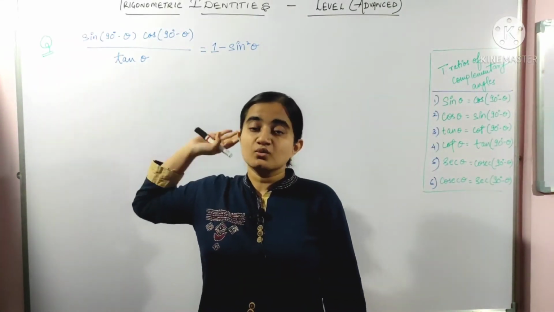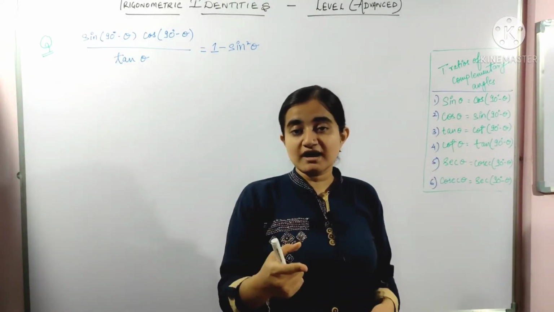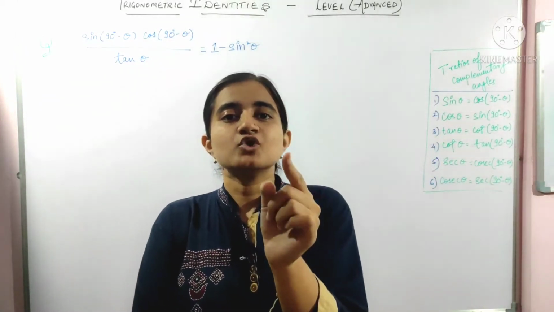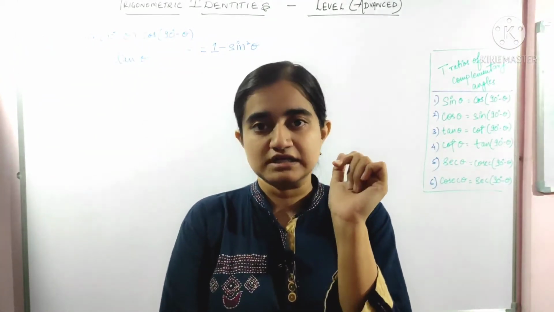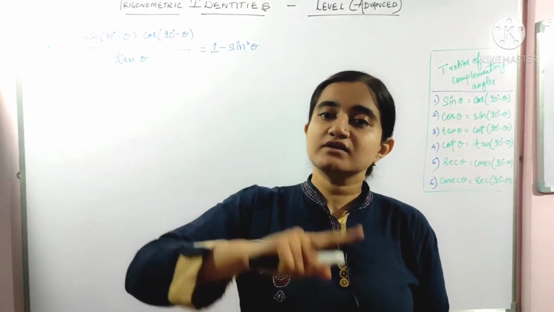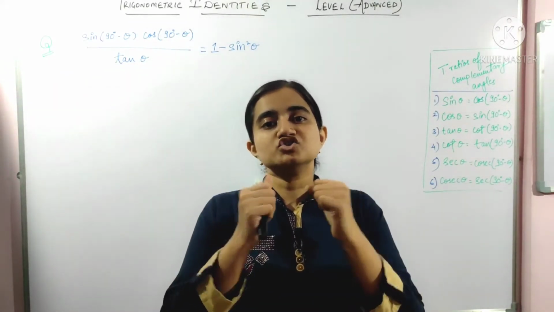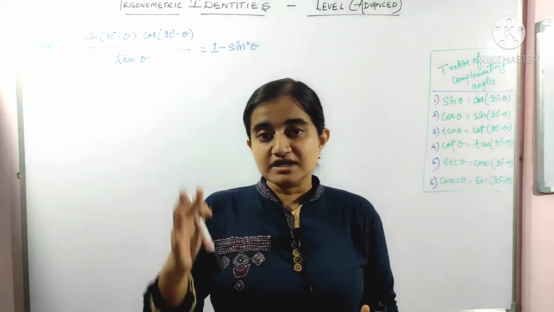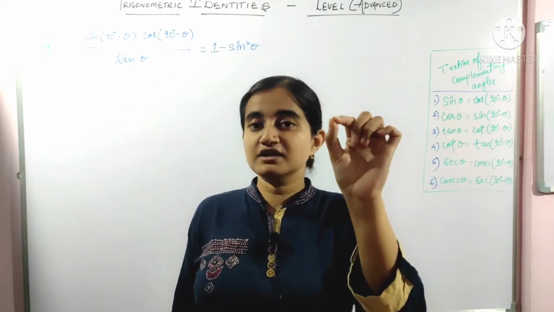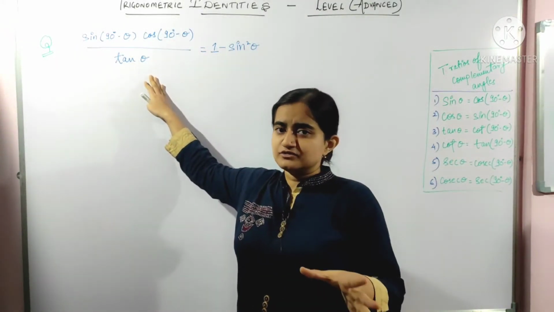These types of questions will be asked because these are used in this and we have to apply these formulas here also. So if you say that you did not study trigonometric ratios, that will not work. Trigonometric ratios are also important, identities are also important, and then finally comes the application of trigonometry. So these three things are conjoined and you have to study step by step each step so that you reach the final applications of trigonometry. And this is one of the types of questions.